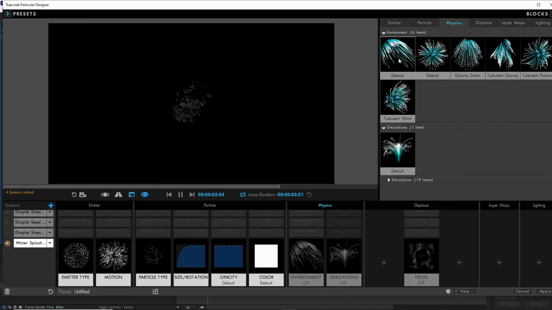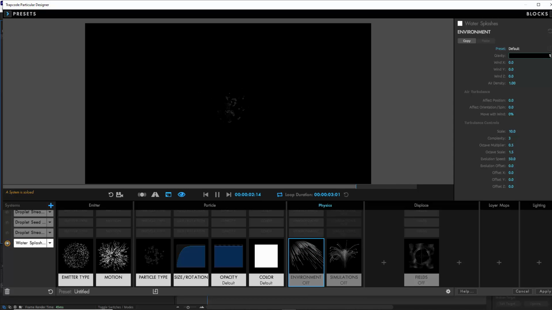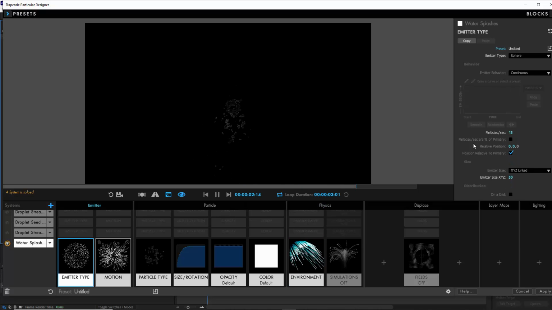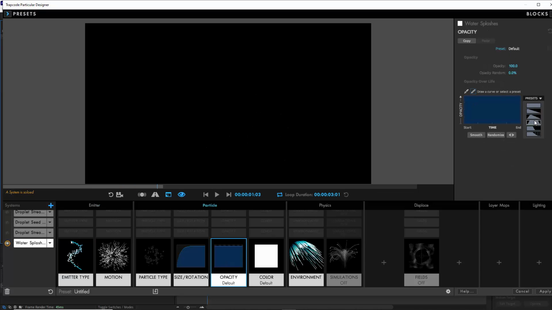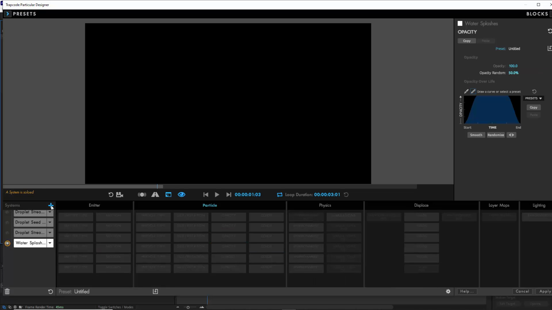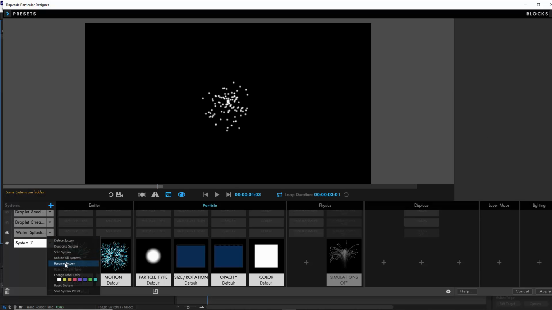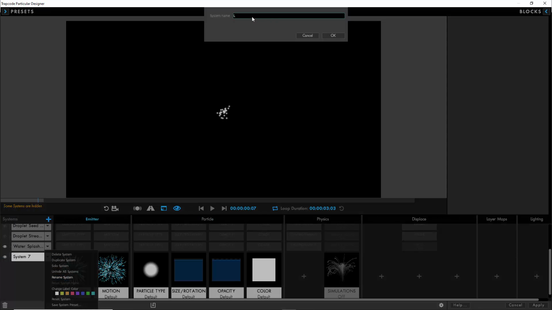Then we're going to add a little bit of gravity of 1000 and some wind to make it a little bit more interesting. We've got the air density at its default of 1. And we're also going to put this to emit from speed as well, and therefore reduce the particles per second to 6, and get an idea of what that will look like. We're also going to choose this preset for the opacity as well, just so it's a little bit more subtle when it disappears. And then we're going to create our final system here, and we're going to call it Liquid